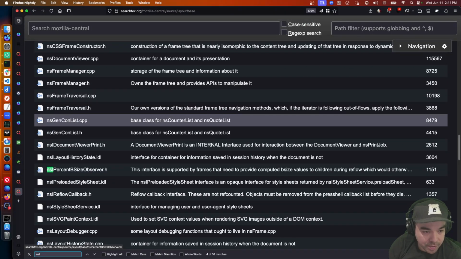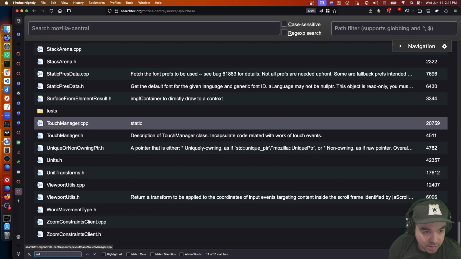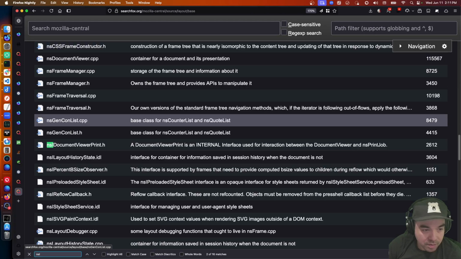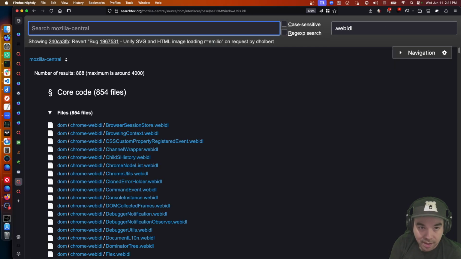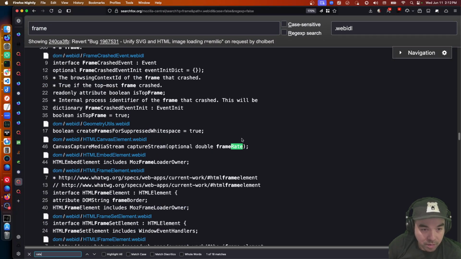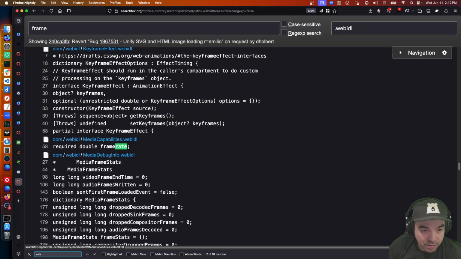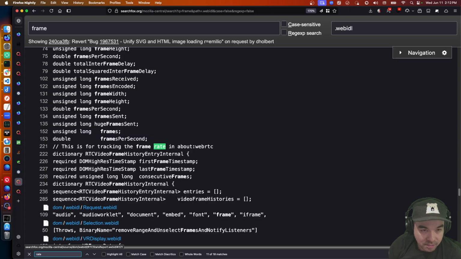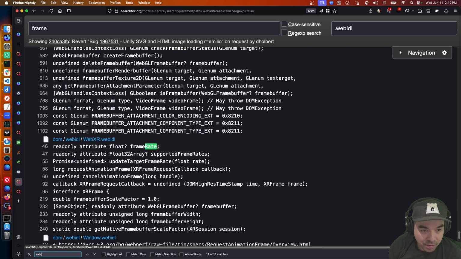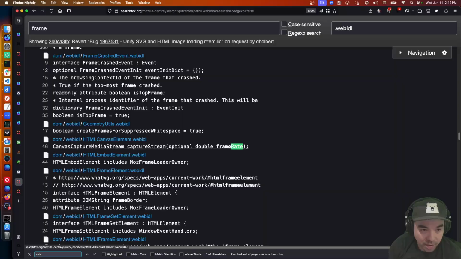Document viewer layout history state preload style sheet reflow callback style sheet service. Is there anything in our privileged web IDL that lets me set the frame rate? Capture stream for canvas, media capabilities, the frame rate on media capabilities, that's different. Media stream tracks, RTC stuff, video encoder, WebXR, not quite.